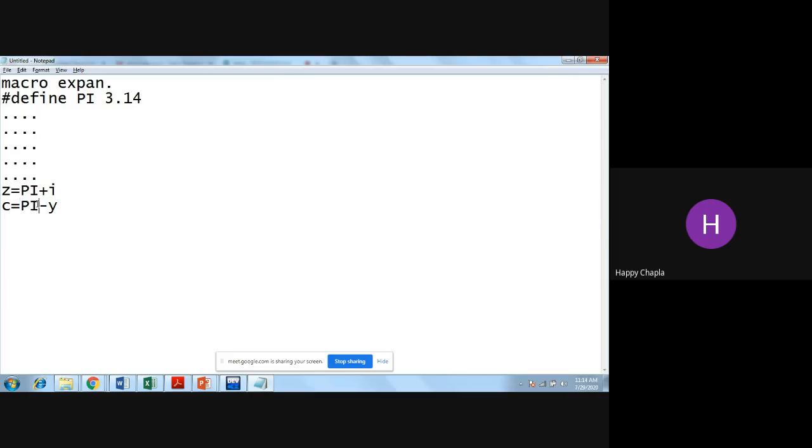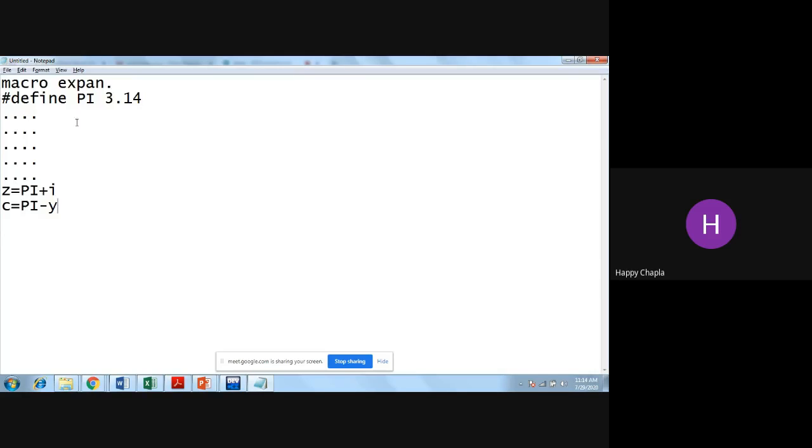So your compiler can easily process it at the time of the compilation process. If the compiler identifies pi, it directly replaces it with 3.14, assuming 3.14 minus y, and the y value is something like x, y, z or 6, 7, whatever the thing.